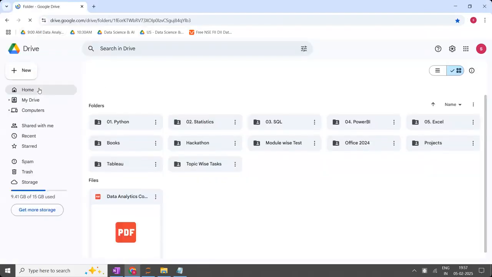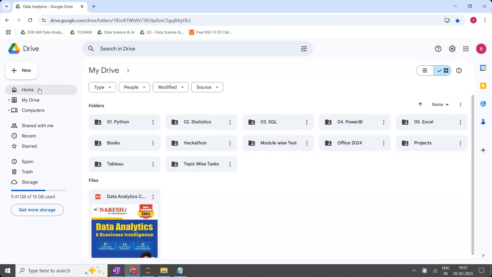you are also going to receive the Google Drive link in the same way. I'm going to share the Google Drive link. This link is applicable only to the students of the 9 a.m. batch. If you try to copy this link and open it, it will ask for permissions. A separate Google Drive link will be shared for you once you enroll in the course and the regular classes start. Not as of now. This Drive link is only for the 9 a.m. batch.